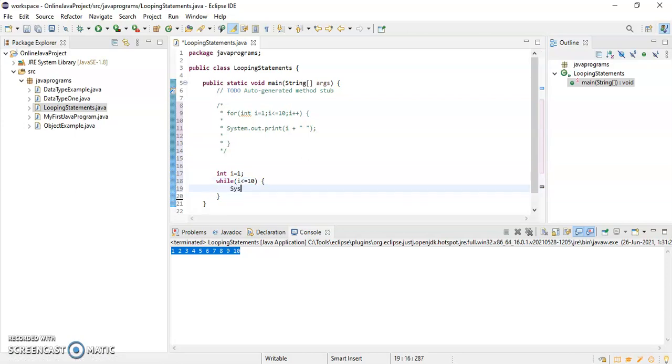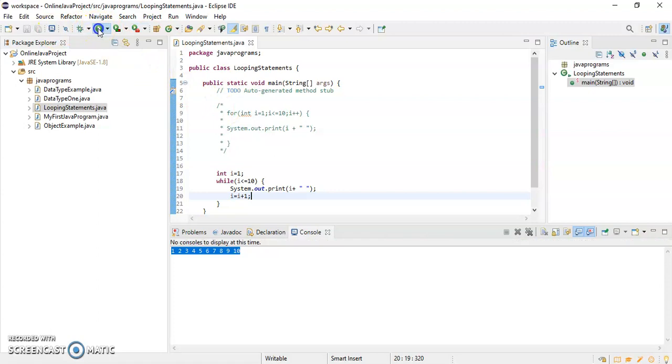Then we have to print the value of i, right? So just write System.out.println, and I'll print the value of i, and I'll give space. Okay, after that I have to do the increment. Either I can write i++ or i = i + 1. Same thing. So if I run this, it will give me the same output.